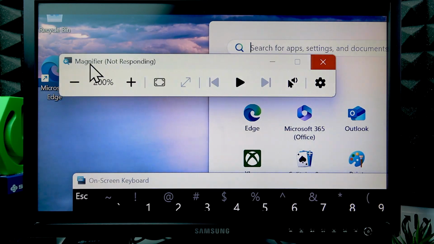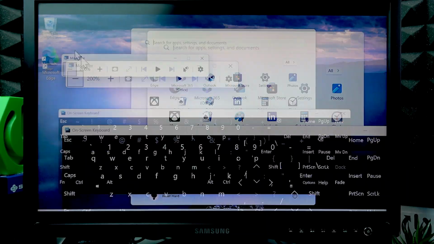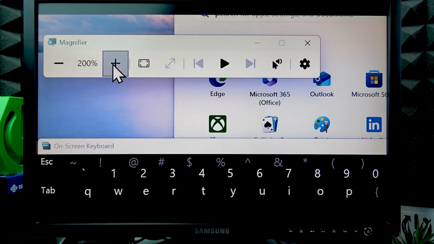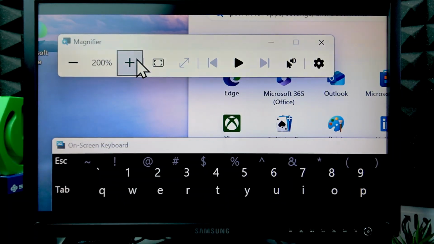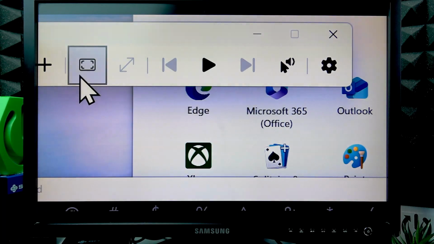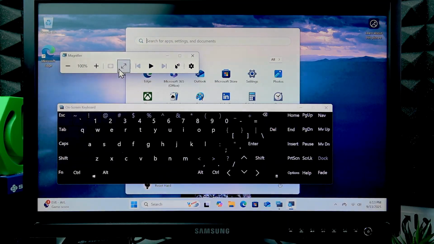It's not responding for some reason. Let's give it a moment. Okay, so basically press plus to increase the zoom level, minus to decrease it. Next icon lets you reset the zoom level. Next two icons actually. Now this icon lets you play